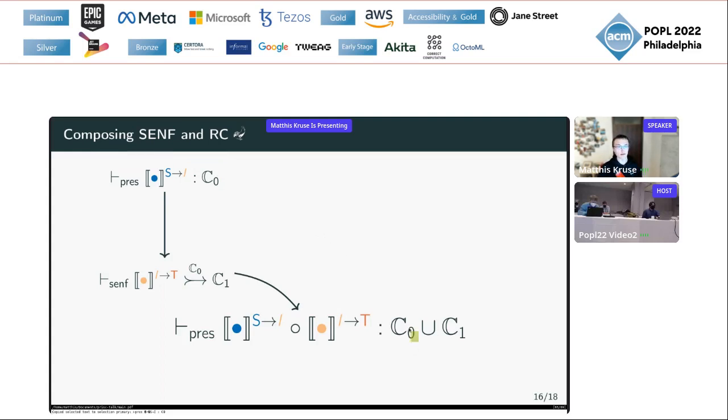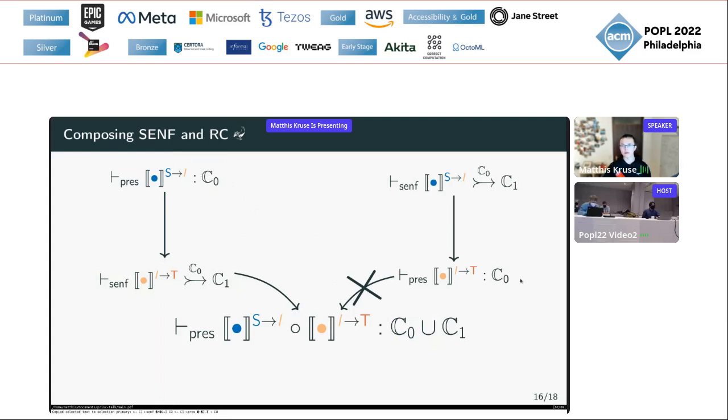The one side, C0, comes from the fact that the compiler from blue S to yellow I preserves C0 and the other compiler from yellow I to red T does, too. The other side, C1, doesn't involve the compiler from blue S to yellow I at all. We simply apply the fact that the secure enforcement from yellow I to red T is in fact an enforcement of C1. Curiously enough, if we switch the order of the secure enforcement and the robust compiler, things might not work out as you expect.